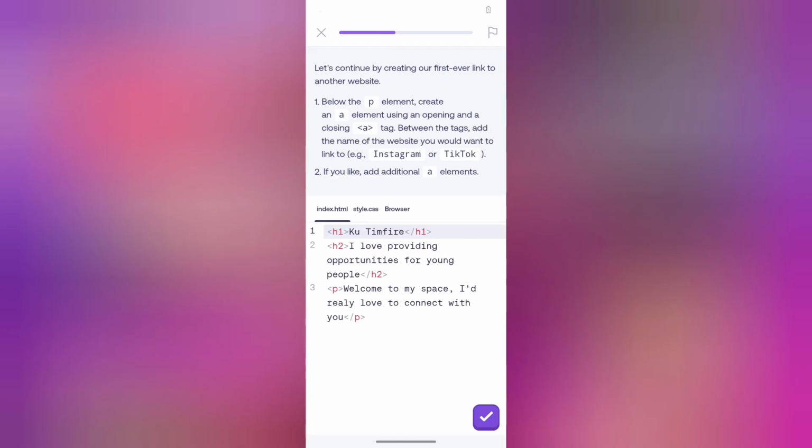Let's continue by creating our first ever link to another website. We are creating a link that leads to another website. Instruction 1 says below the paragraph element, create an element using an opening and closing a tag, anchor tag. Between the tags, add the name of the website you would want to link to. Add the name, either TikTok, Instagram, any website at all. Then if you like, add additional